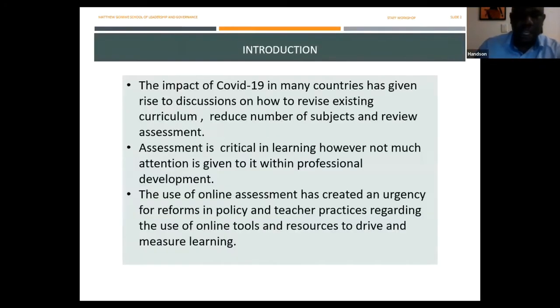So I'll go straight into my introduction, where we are basically saying anything that has to do with education or teaching and learning has to be discussed currently within the COVID-19 context. I think the whole world is currently affected by COVID-19, which has resulted in different governments taking on different measures just to mitigate against the spread of this virus. And what it has basically entailed for different education systems is the fact that